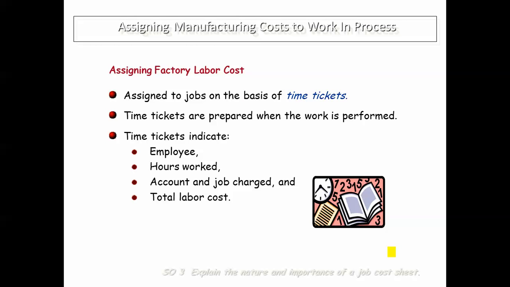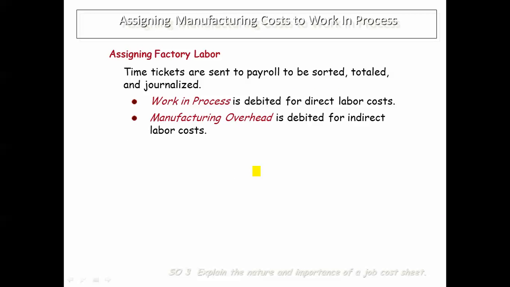Now, factory labor costs, well, those are time tickets. Every factory worker has to keep track of their time. We know how much we pay them. We know what their hourly rate is, and so on. So we multiply the time by the rate, and we then have the amount of factory labor that went into the work in process,